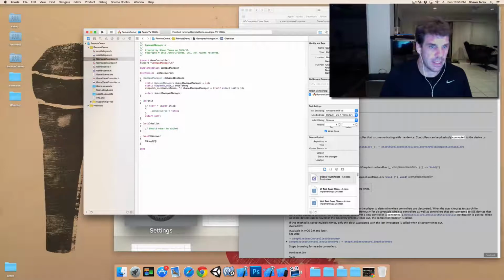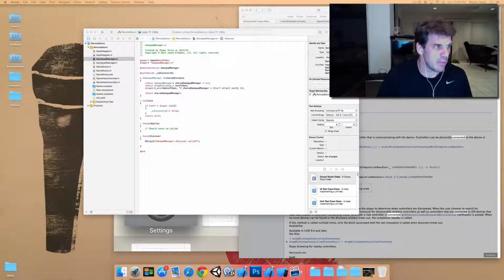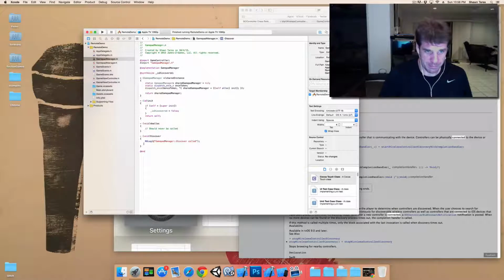Let's just say gamepad manager discover called, something like that, just so we know that it was called. Okay, and then I'm going to copy these lines because they're pretty long, but let me copy them one at a time. So this is one part that from the forums and stuff I think a lot of people miss,